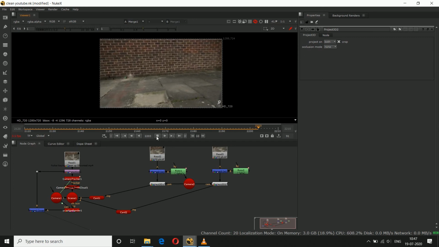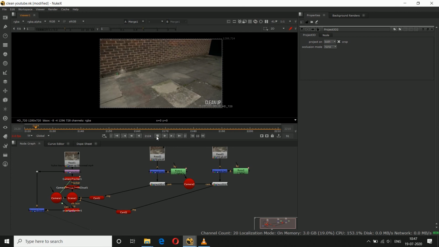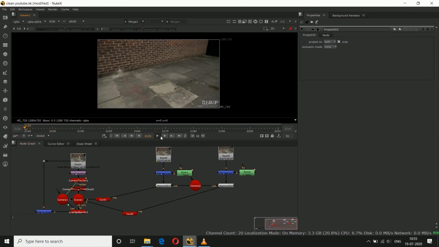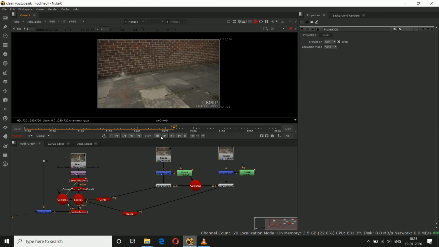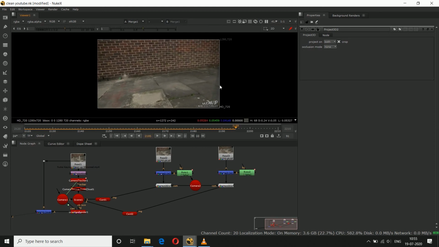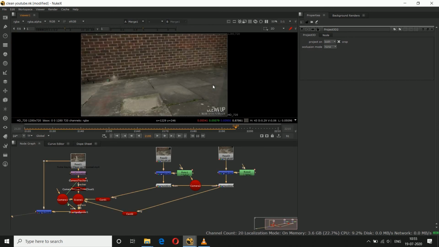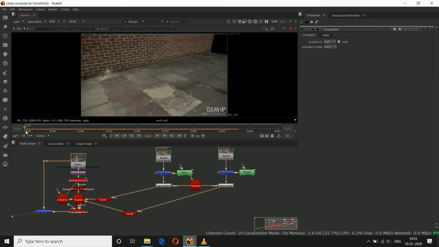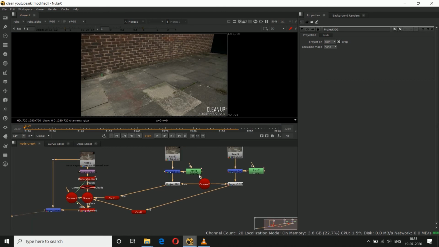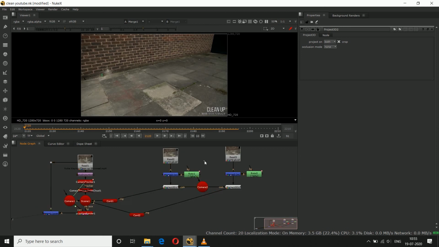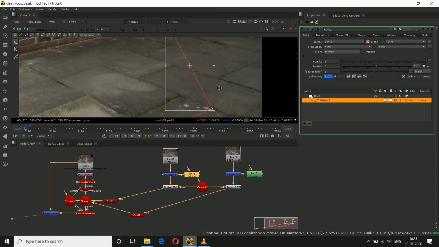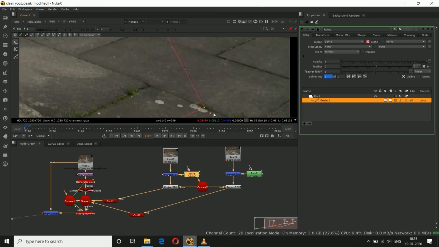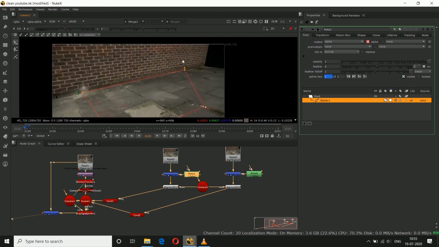See, if you are getting the hard edges on the patch, give it a little bit of feather on the roto. Okay, so our pillar is removed, but we need to do some corrections also. Okay, so you can see the hard edges, so we need to give it a little bit of feather. Okay, so we'll go to roto, we'll go to that frame. Go to roto and we'll give it a little bit of feather. Press E. Okay, give it a feather.